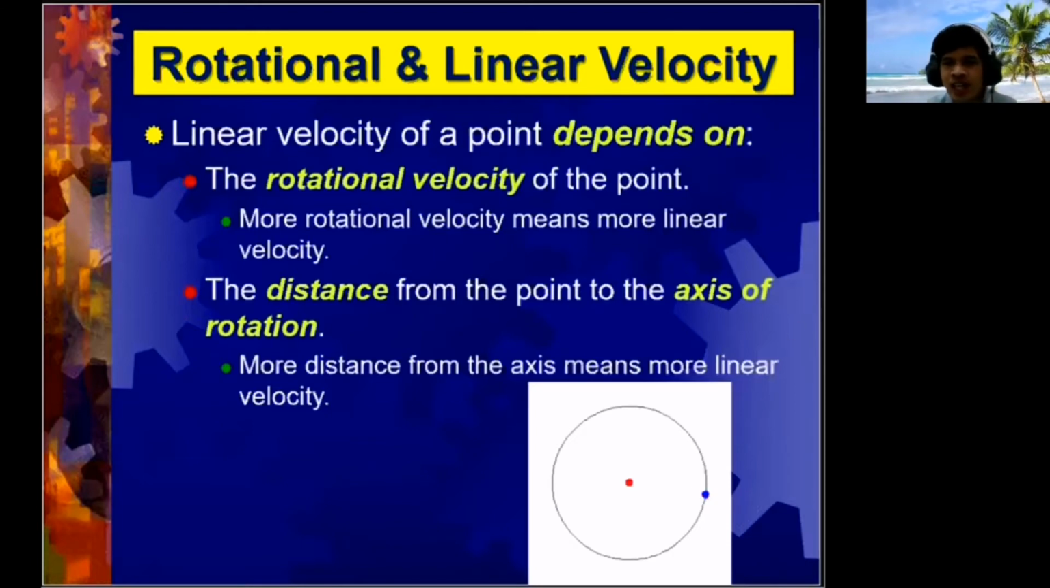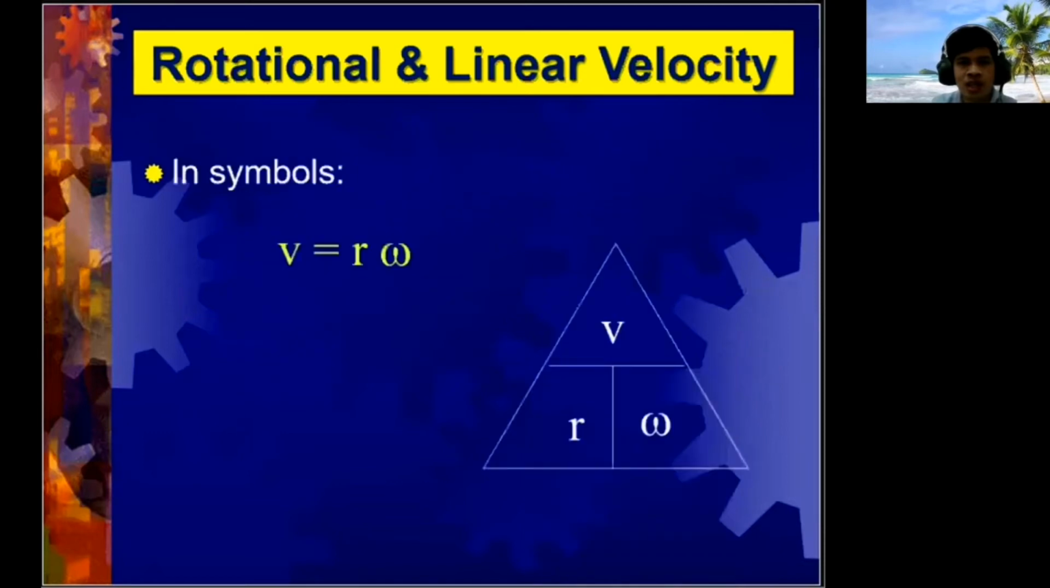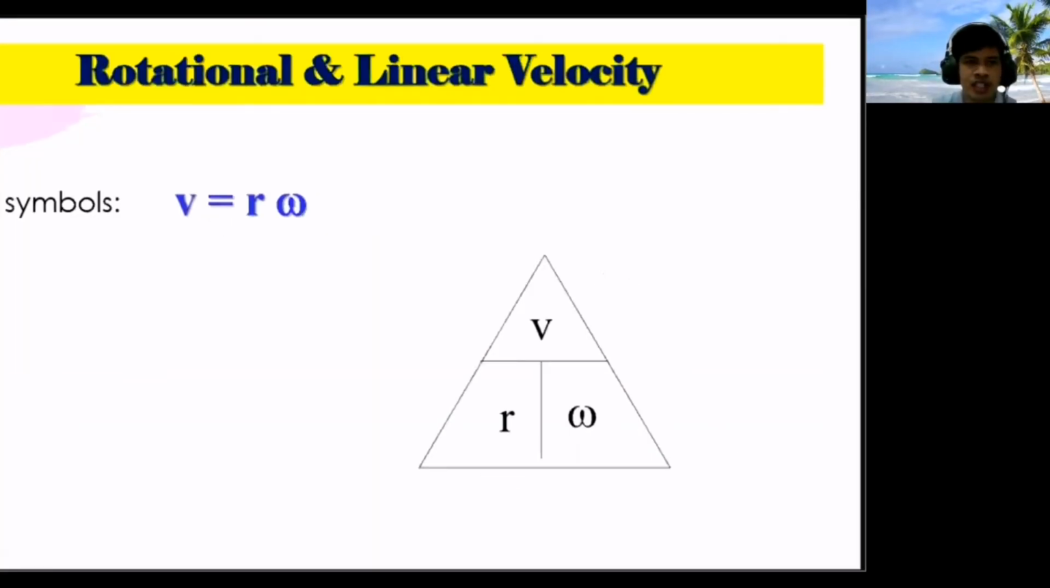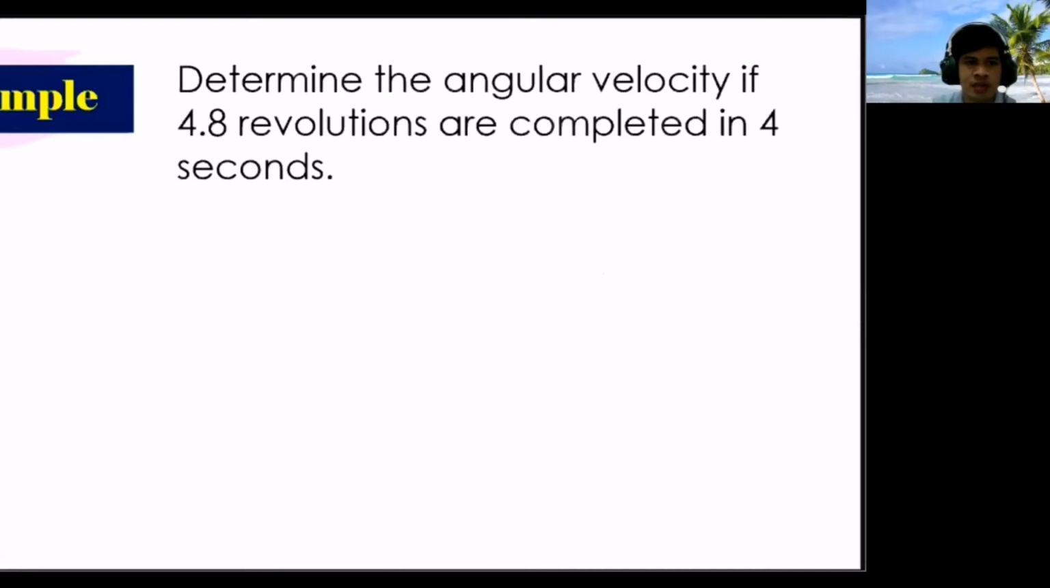And we can have this one relationship between rotational and linear velocity. We can have this one: linear velocity, V is the linear velocity, equals R omega, where omega is the angular velocity, and R is the radius of the circle. So, that is the equation. And then we're going to have this example number 1,